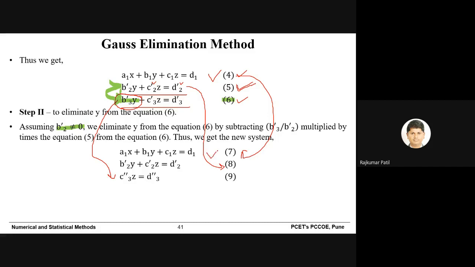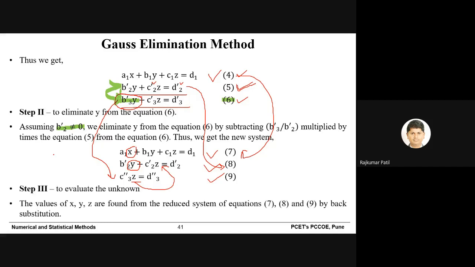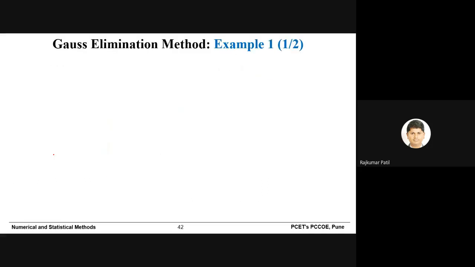Now when you look at equations number 7, 8 and 9, you can see that from equation number 9 you can get the value of z. Put this value in equation number 8, you will get y. Again, put y and z in equation number 7, you will get the value of x. This process is called back substitution. And this is a summary of that. By using equations 7, 8 and 9 and back substitution, you can calculate the values of x, y and z. That is the solution of the equations.